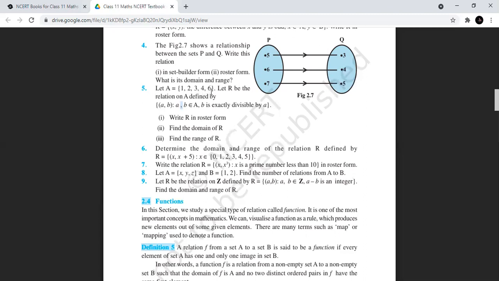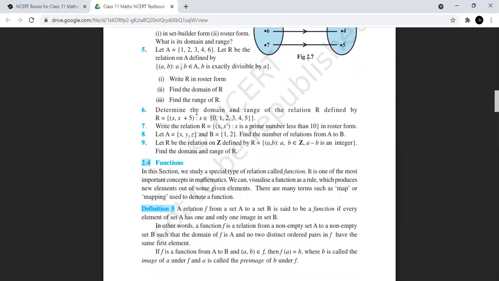Next, 4 comma 6 will not be there, because 6 is not divisible by 4. Okay, that is it. We have already included similar pairs first. So write it in roster form. What I was listing just now, that was your roster form. Then find the domain. From the roster form, collect all your X; those are your domain. And when it asks for the range, all the Y's, which are the images, will form your range. So I think you can do that.